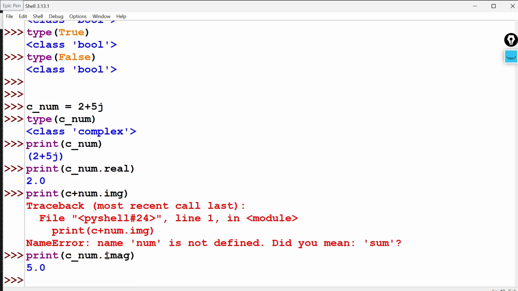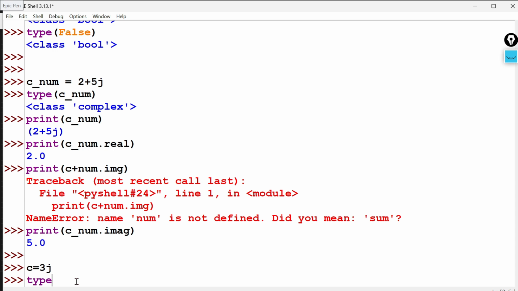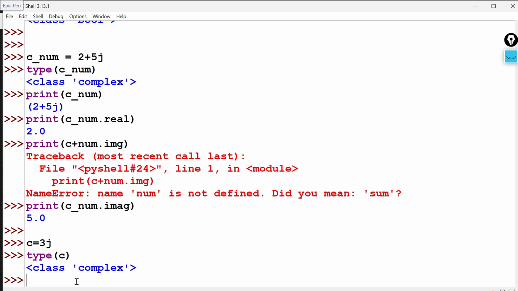Okay, so you will write c.imag. So this is printing the imaginary part. For example, I am writing here c is equal to 2j or 3j. If you check the type of this, it is also complex type. If you print the real part,